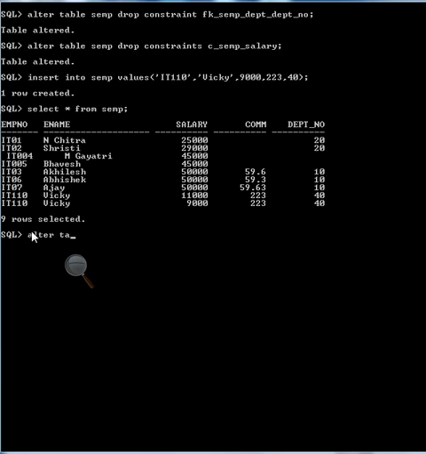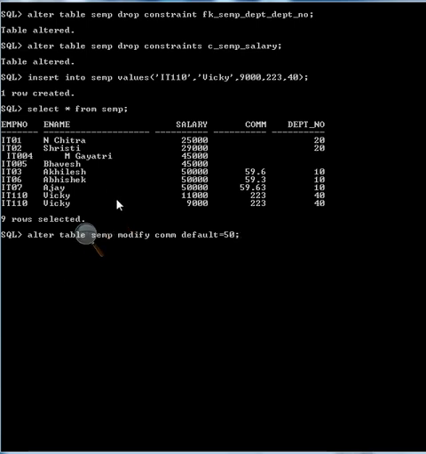Alter table SEMP modify commission. Okay, I want to modify the column commission, and here I want commission default equals to 50.